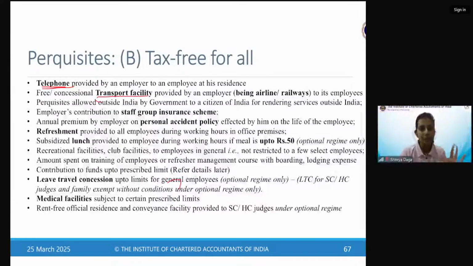50 रुपए तक का मील टैक्स एग्जेम्प्ट है, लेकिन, मार्क टिक कर दो भाई, ऑप्शनल रेजिम ओनली. डिफॉल्ट रेजिम में वो 50 रुपए का सब्सिडी भी नहीं बर्दाश्त, मतलब उसमें सब कुछ टैक्सेबल होगा, ठीक है। ऑप्शनल रेजिम में अगर 50 रुपए तक का मील मिलता है तो वो एग्जेम्प्ट है, ओके। ये जब आप चीट शीट पढ़ेंगे ना, जहाँ पे ऑप्शनल रेजिम और डिफॉल्ट रेजिम को कंपेयर